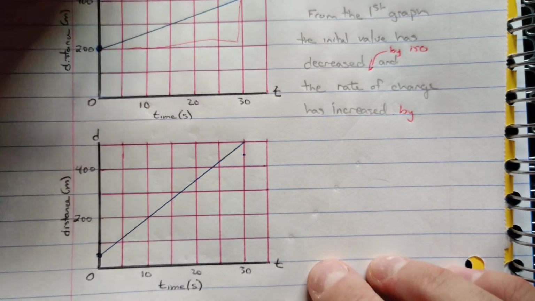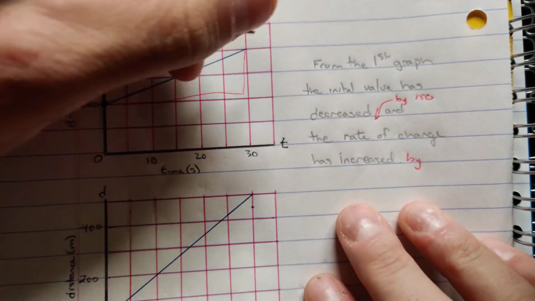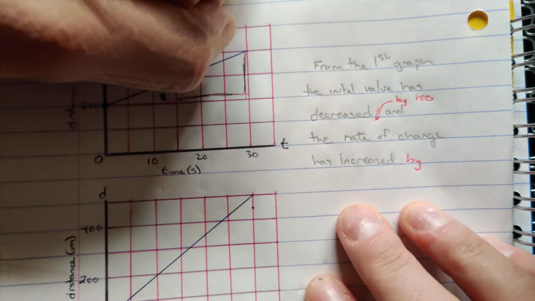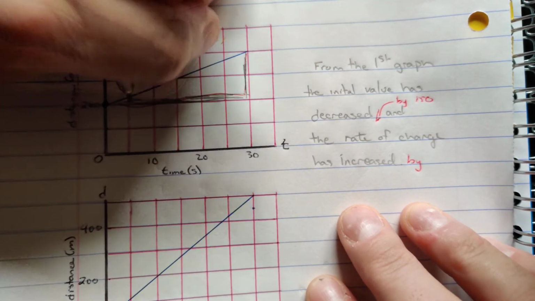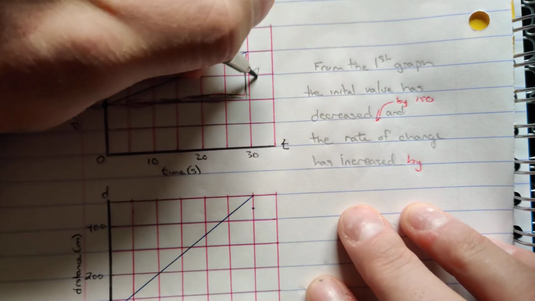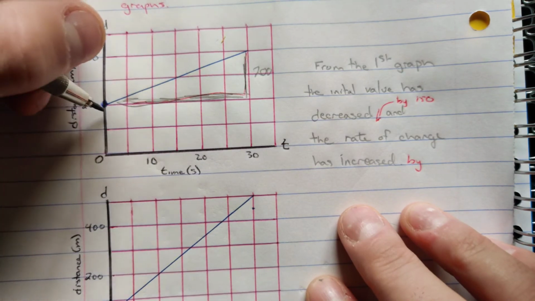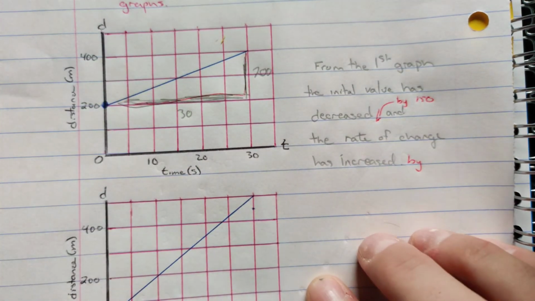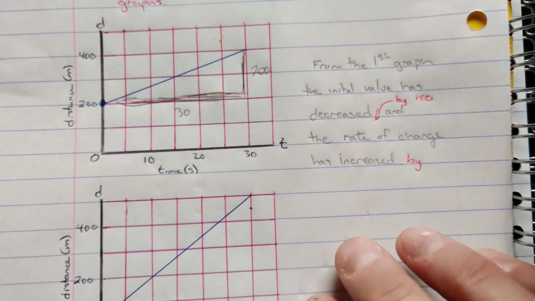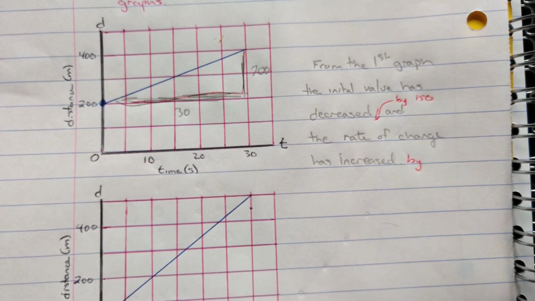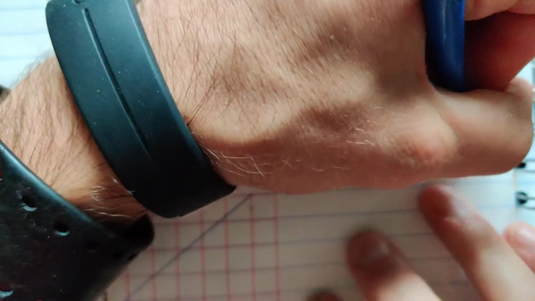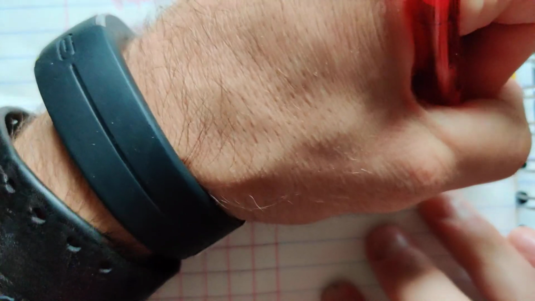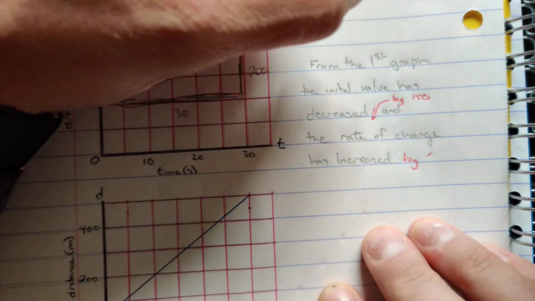If we use this triangle here, maybe I'll draw that with a different color. So if we use this rate triangle here, we are increasing by 200, so our rise is 200, our run is 30 seconds. And so 200 divided by 30 is going to give us, we want to write that separately, I guess,